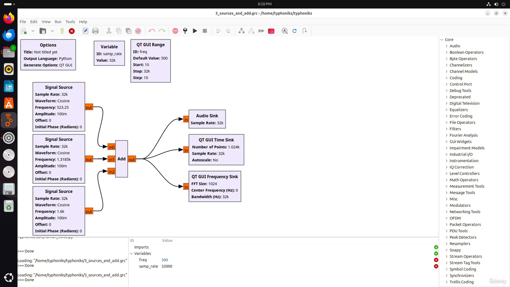So think about the sounds you hear every day. People talking, dogs barking, or car engines revving. These sounds are much more complex than the simple tones we've been working with so far. Today we will analyze one of these real-world sounds, a human voice, and see how it looks in both the